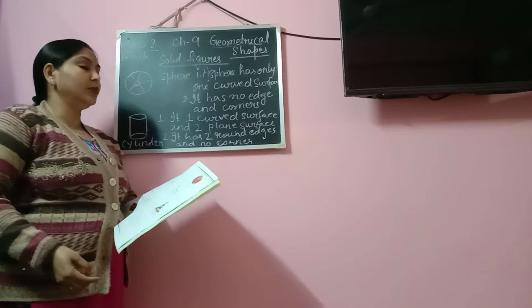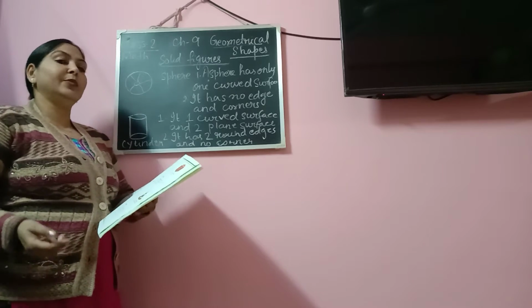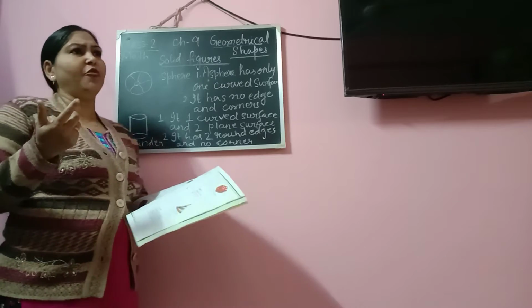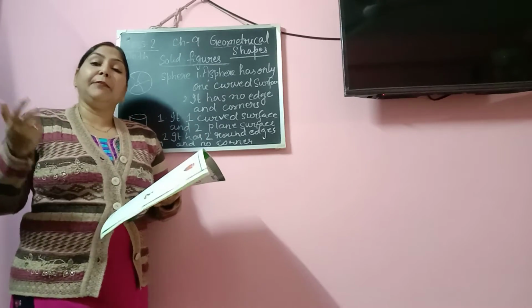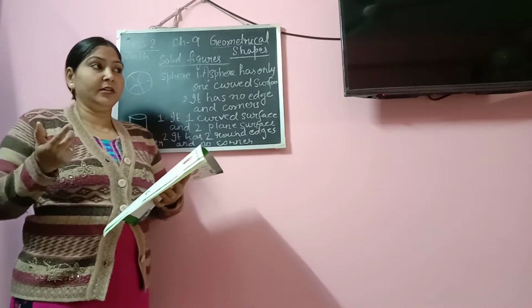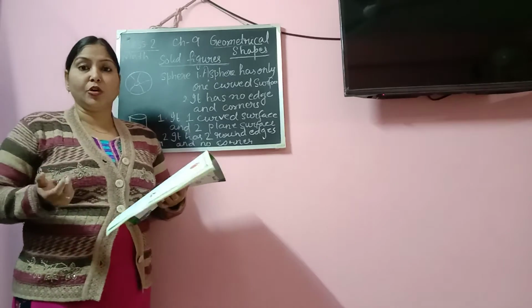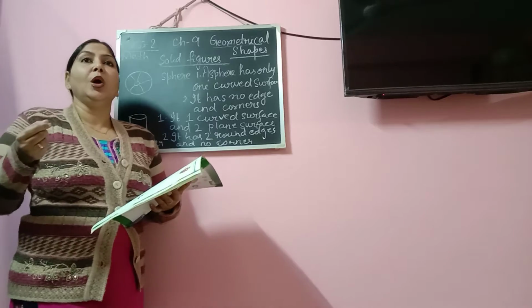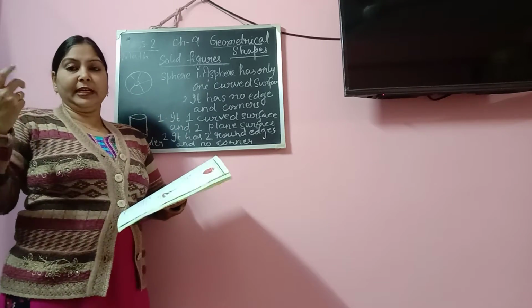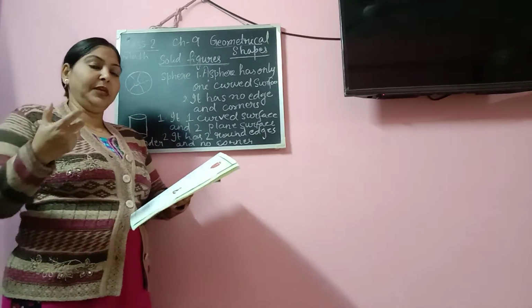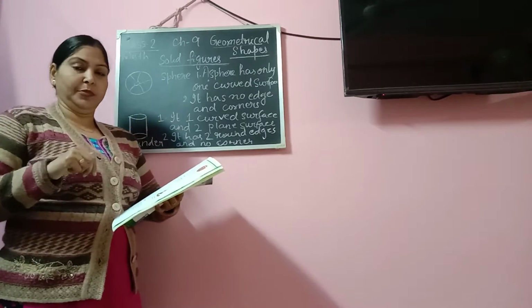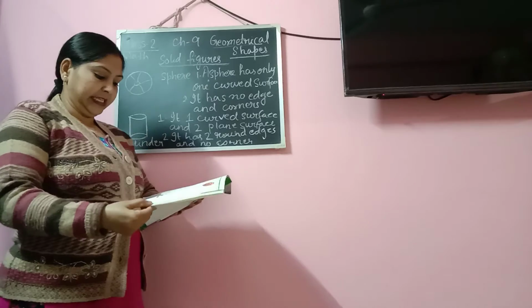And if you talk about examples of cylinder, then you will see a gas cylinder is one of the examples. Different kinds of water bottles are also examples of cylinder. Then in the kitchen, if you see those jars where mommy keeps all the kitchen items, those jars are also of cylindrical shape. Okay, so those are the examples.